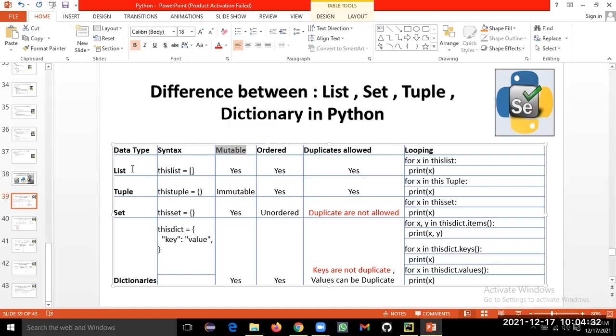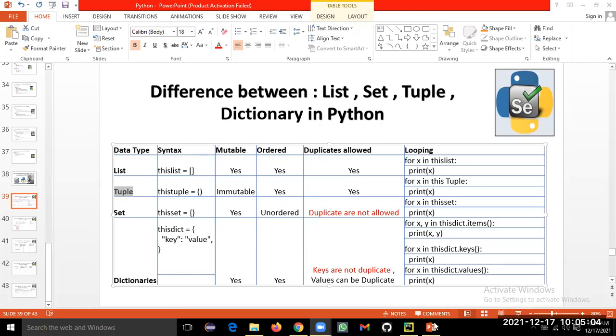So we can change the list, we can change the set, we can change the dictionary, but we cannot change the tuple. So tuple is immutable. Sometimes which collection in Python is immutable? You can get the interview question. So tuple is different from all these list, set, and dictionaries. Now we'll understand what is meant by ordered. So whenever in the list, first we'll understand how inside the memory the elements are getting inserted.